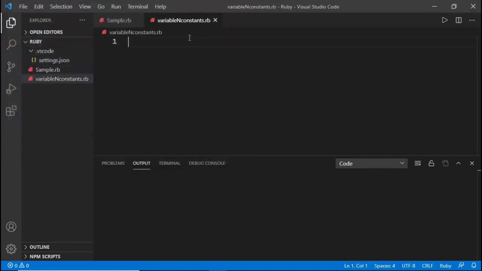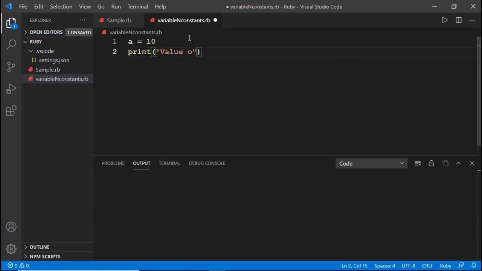Here a local variable is going to be defined. The variables defined inside any block all come under local variables, which means we create local variables with a lowercase letter or underscore sign. So here a small a is my variable name, which is equal to the value 10. Now let us print the value of a.